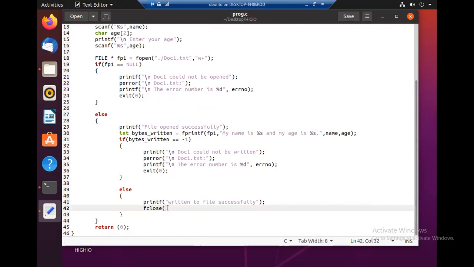As the only argument, it takes this open file pointer. So we have to close this file pointer. That's it. We opened the file and wrote this to the file. These are the user input things, name and age.